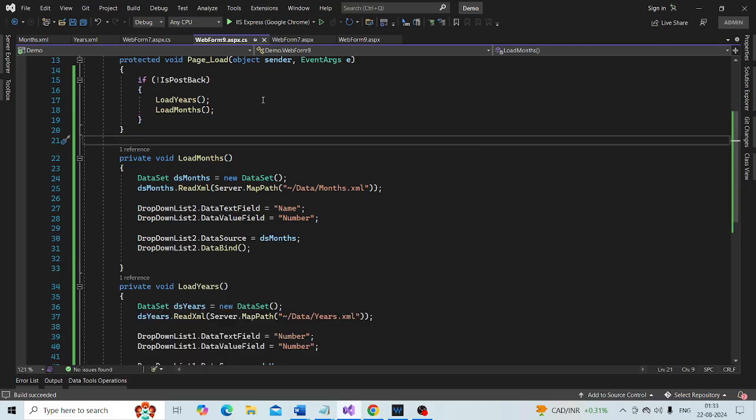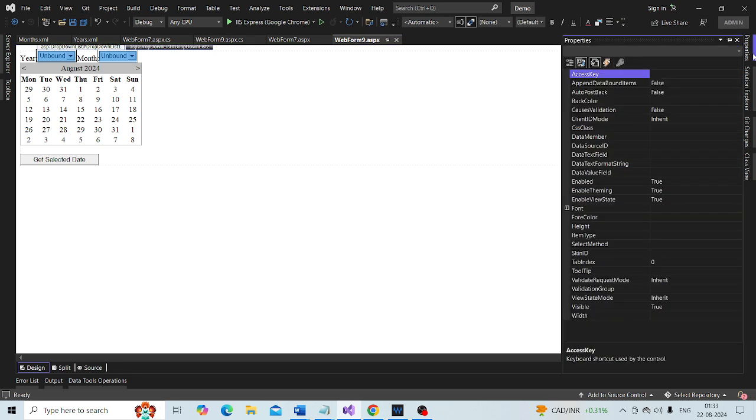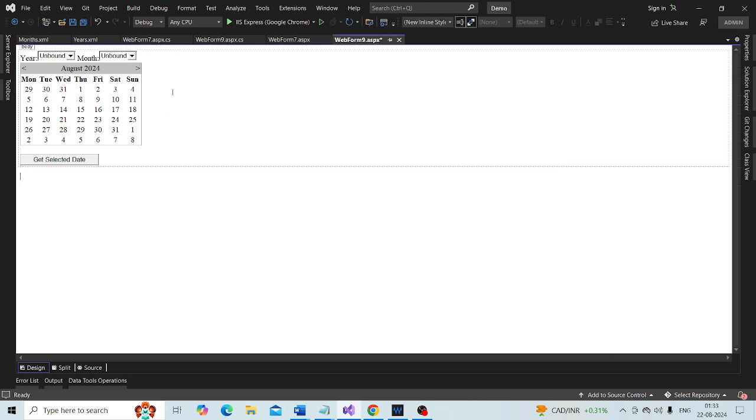So I have to do one more thing. Select both of these drop down lists, go to their properties and set the AutoPostBack property to true. Okay, I made a mistake earlier. So we have set the AutoPostBack property to true on both drop down lists.